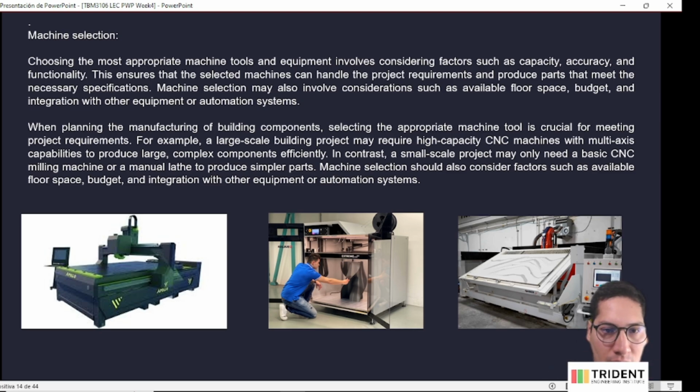And when planning the manufacturing of building components, selecting the appropriate machine tool is crucial for meeting the project requirements. For example, a large-scale building project may require a high-capacity CNC machine with multi-axis capabilities to produce large, complex components efficiently. In contrast, a small-scale project may only need a basic CNC milling machine or a manual machine to produce simple parts. The machine selection would also consider factors such as available floor space, budget, and integration with other equipment